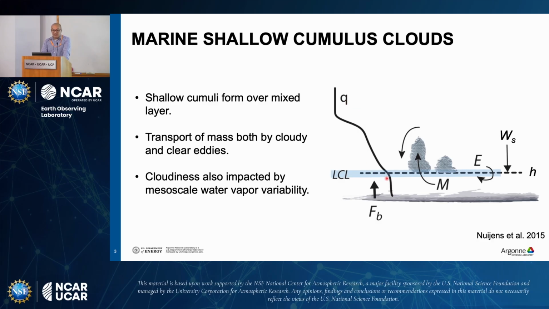So you have a small inversion right here, then you have a stable layer, then you have another inversion right here, right? Mostly people call this a mixed layer inversion, and this is called a trade wind inversion in this case. And we see similar conditions in the ENA site. Now, the mixed layer depth here is shown by h in this case. And so if you have an eddy that has enough juice or enough velocity, you have a transport of mass from the mixed layer up above it. So you go above the lifting condensation level, or LCL, and you have condensation and forming of these clouds, right?